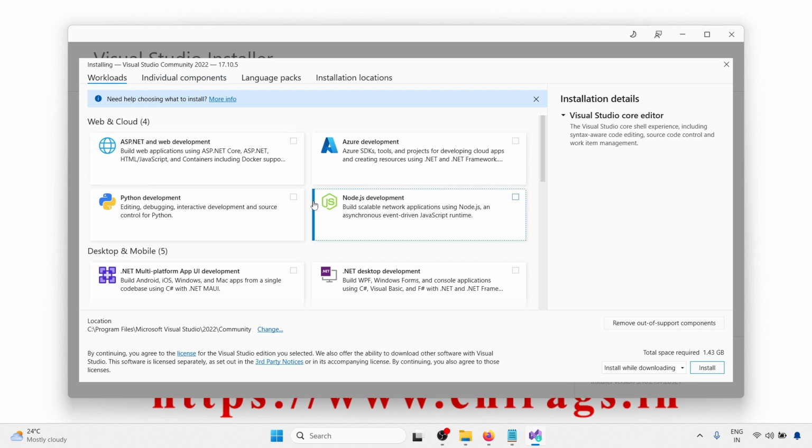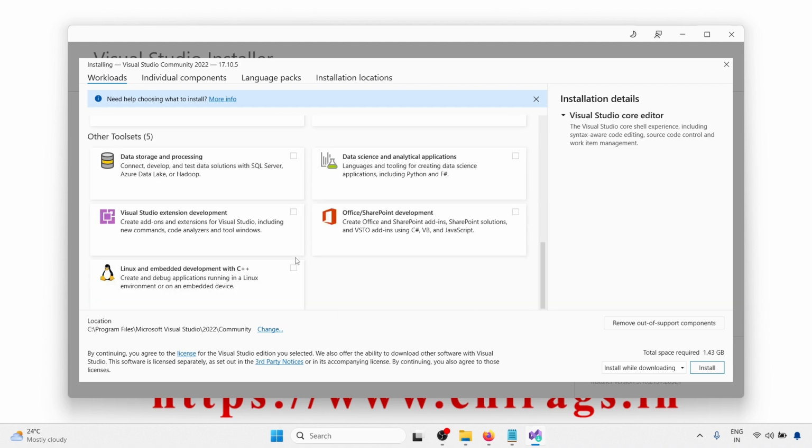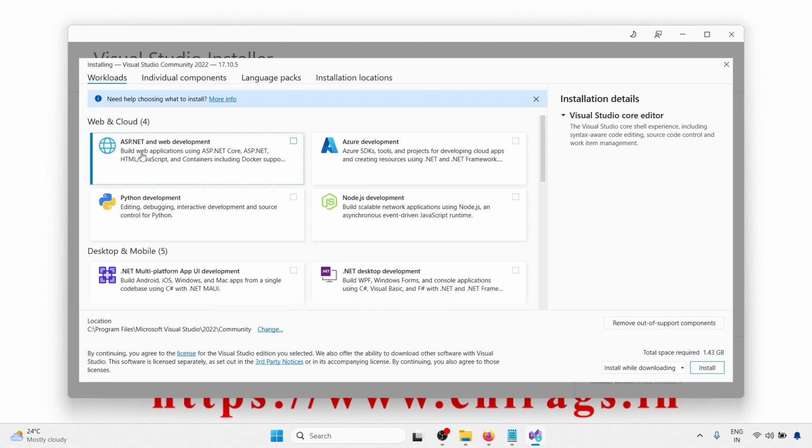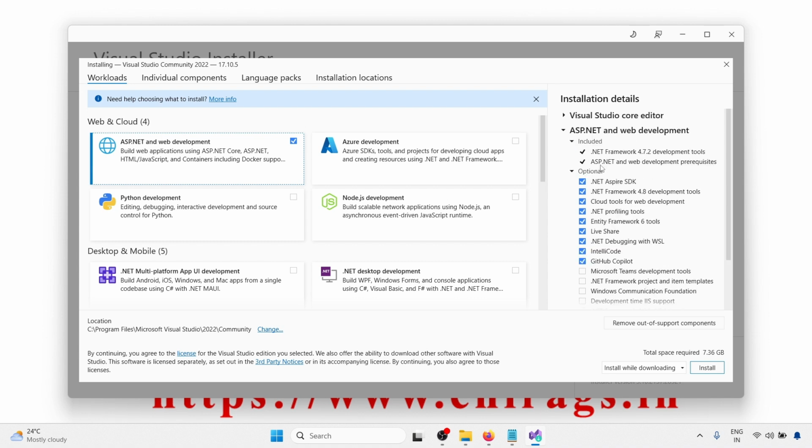Whatever you want to install, you can use this dashboard and install that. So web and cloud, Azure development, Python development and other things are there. So whatever your requirement, you can install from there. My requirement in this video is ASP.NET web development. So click on this. On the right side you will get a list of the